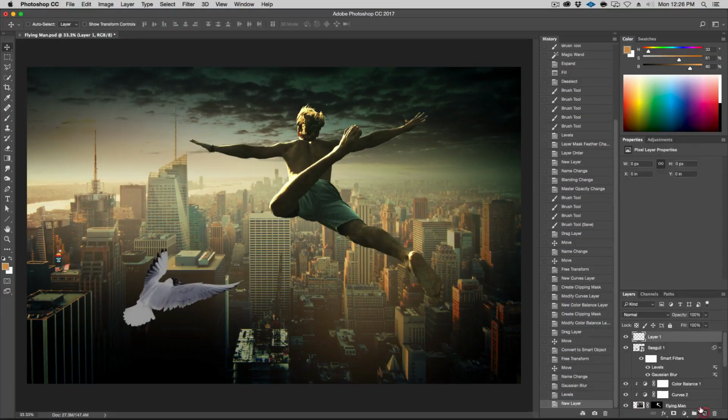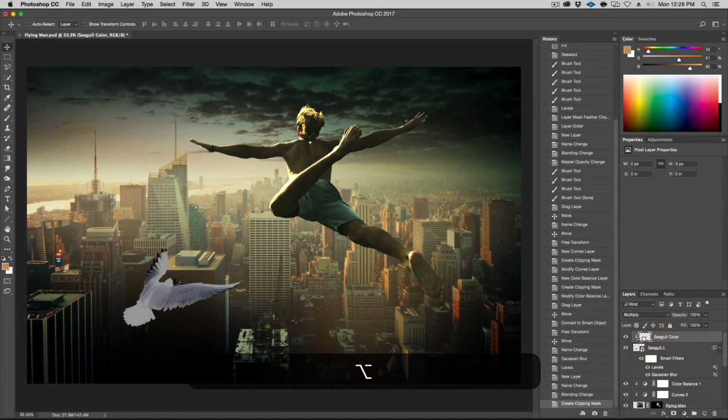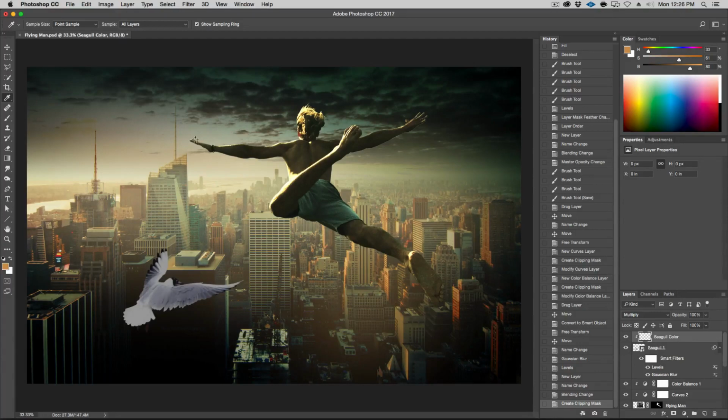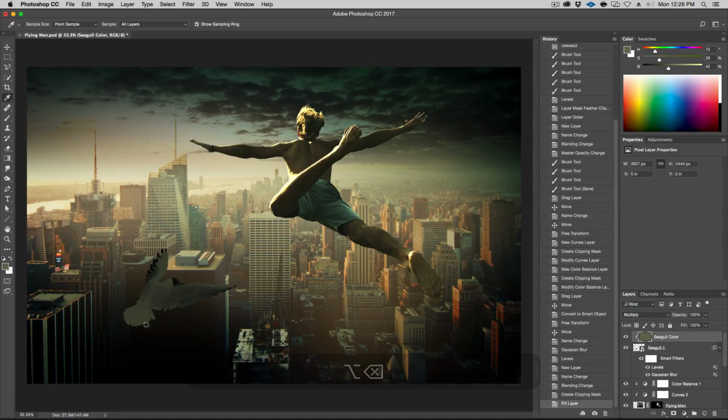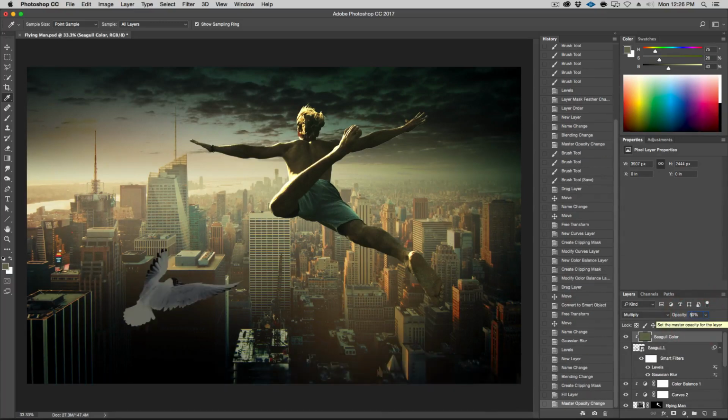Now we're going to add a new layer. We'll call this Seagull Color. All right. And let's put this in multiply mode and create a clipping mask over here. And let's pick a color. So eyedropper tool, hit I for eyedropper. And I want a color, a bit of a green, something like this green right here. I'm just going to fill it in. All right, now that's way too strong. So let's bring this down to 50%. I could even go higher than that. Let's do 70. So it darkened it considerably.